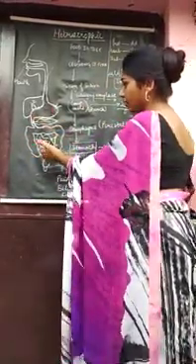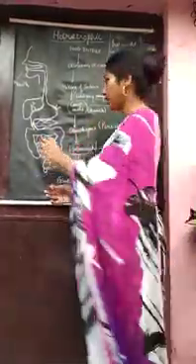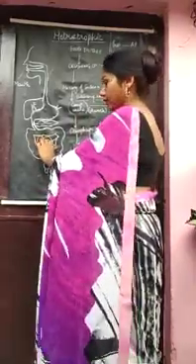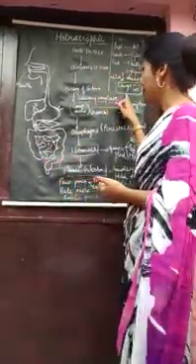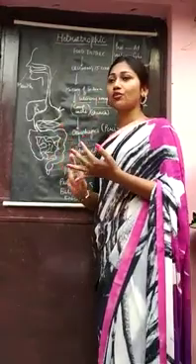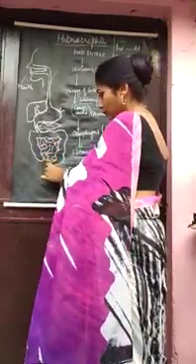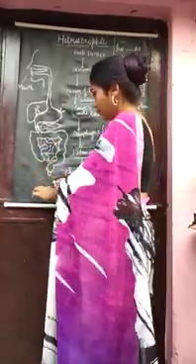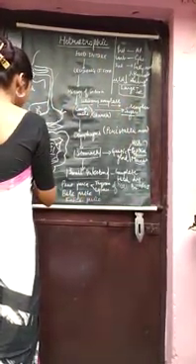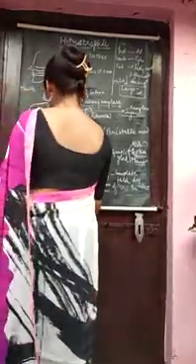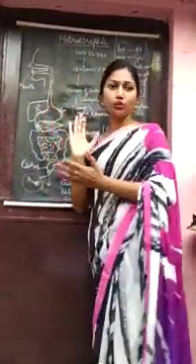Now what is the next function of the large intestine? The undigested food parts come into the large intestine. Here water and mineral absorption occurs. So in the large intestine, absorption of water and absorption of minerals occurs. The rest of the part, which is undigested, comes to the rectum, and after this the last portion is called the anus. Through this anus, fecal matter comes out.